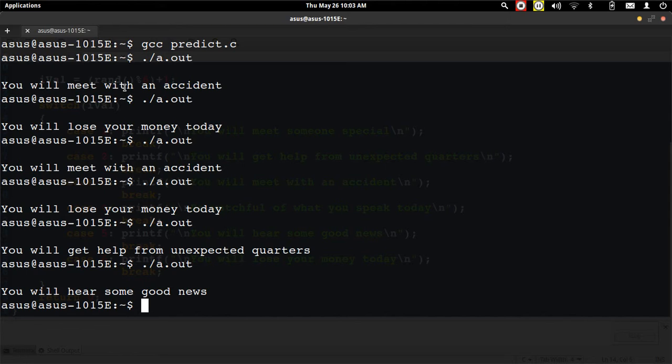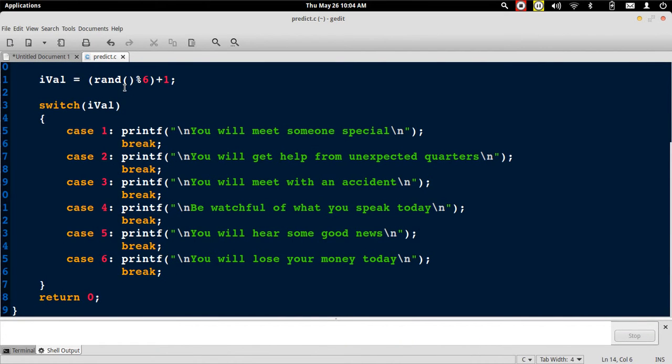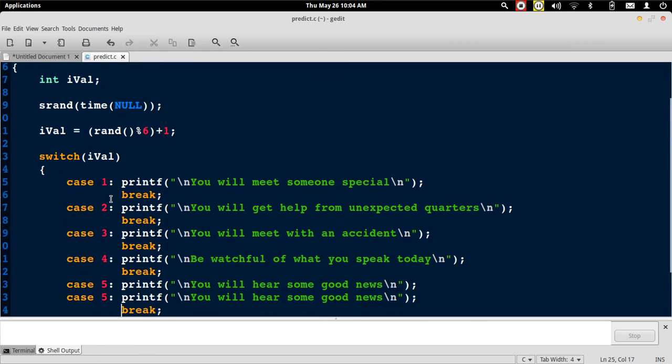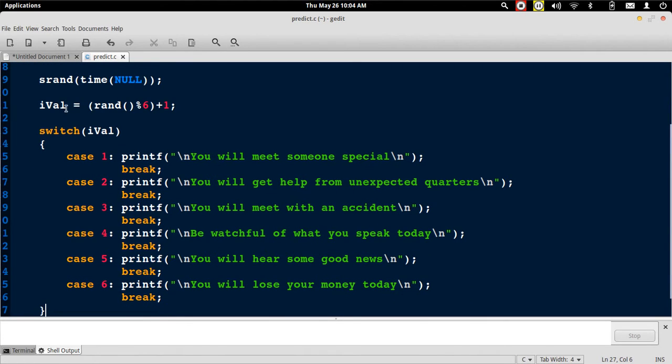So let's go back to the program. So to recap quickly, we have generated the random number by first seeding the random number sequence using srand, and then the rand function which generates a random number. Next we saw how to use the switch. Based on the value generated in ival, the corresponding case statement gets executed, control comes out of the switch block